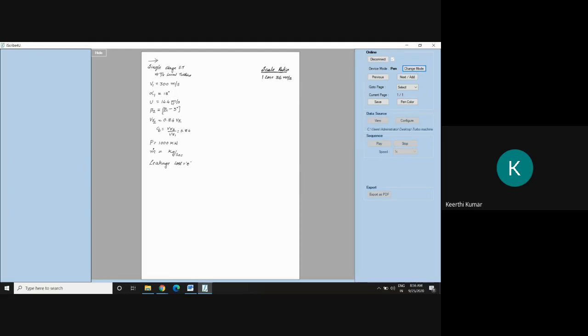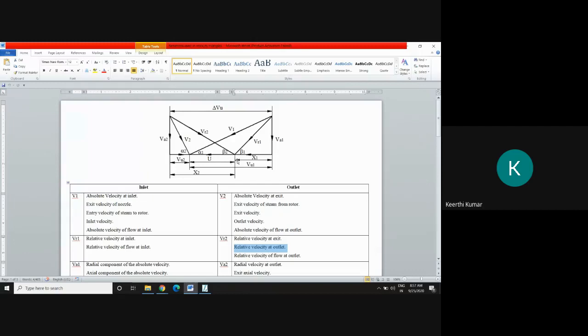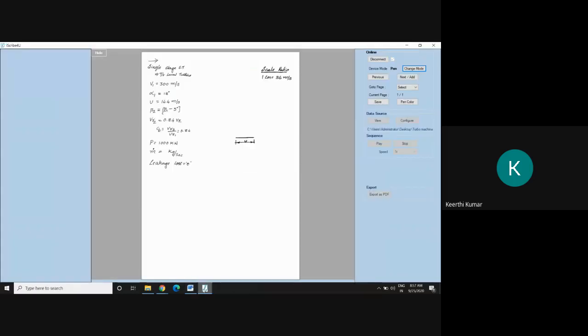So what I'll do, first I will draw U horizontally. And what should be the length? Length should be 4 centimeters. So I will take the dimension here and write this dimension as U. I will not write 4 centimeters, just I'll write U. And what should be the direction of U? You go for the triangle. See here, what is the direction of U? It is moving from right to left. So I will draw the same direction. That direction and all I already explained, so I'm not explaining regarding the direction. Just I'll show from that standard and I'll proceed. So this is the direction of U. The length of the U is 4 centimeter, which is equal to 144 meter per second.